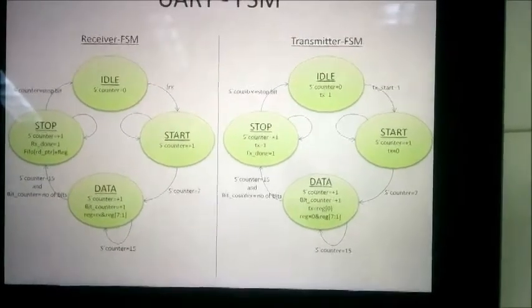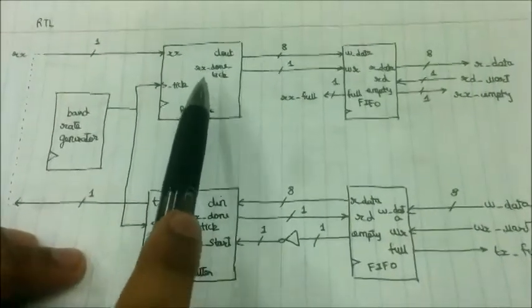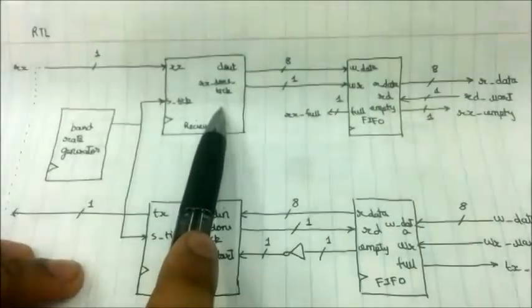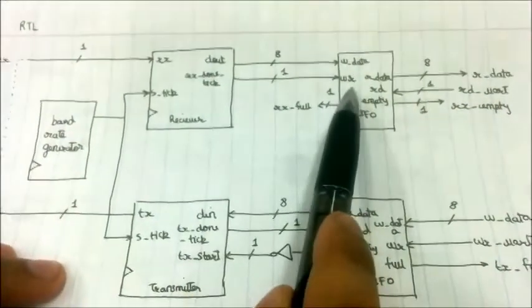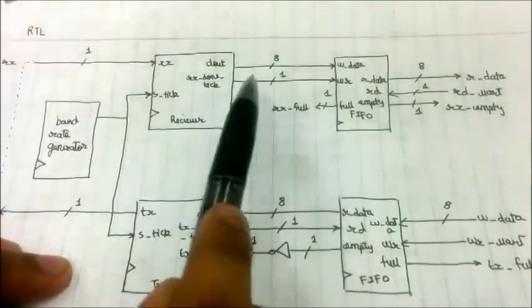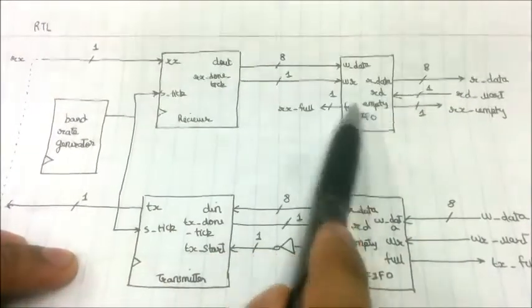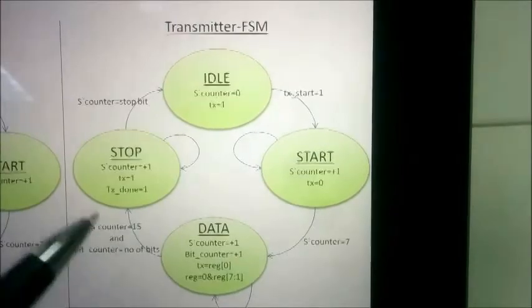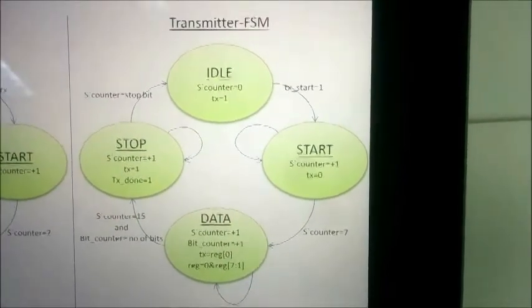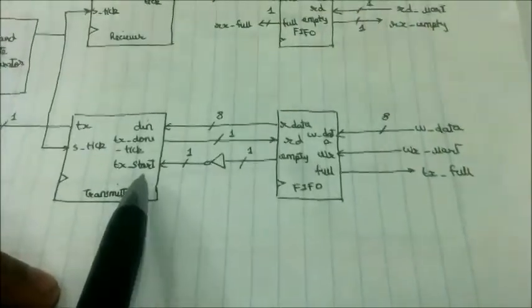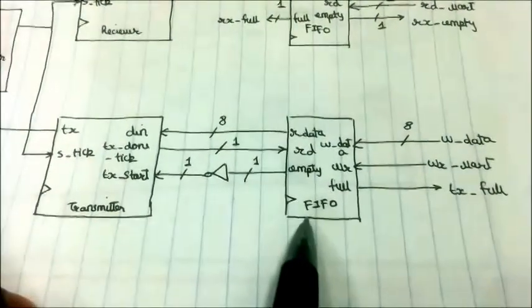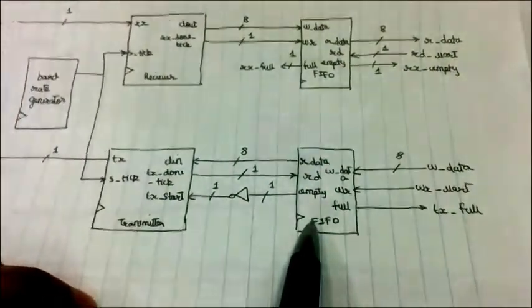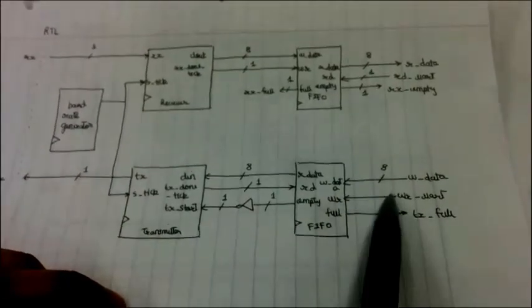After the receiving operation is done, it asserts the rx_done_tick signal, which asserts the write signal into the FIFO. Thus, whatever data is in the D out gets written into the FIFO and can be read by the user. Similarly, the transmitter will operate, but the only difference is that it won't start until the tx_start bit becomes high. This bit will only become high when it knows that the FIFO is not empty. The FIFO won't be empty only when the user has written some data.